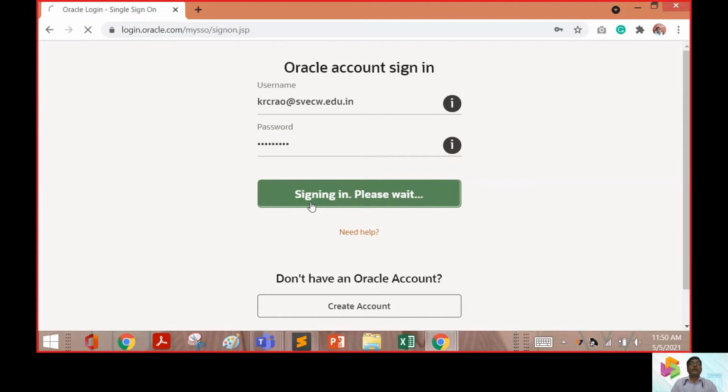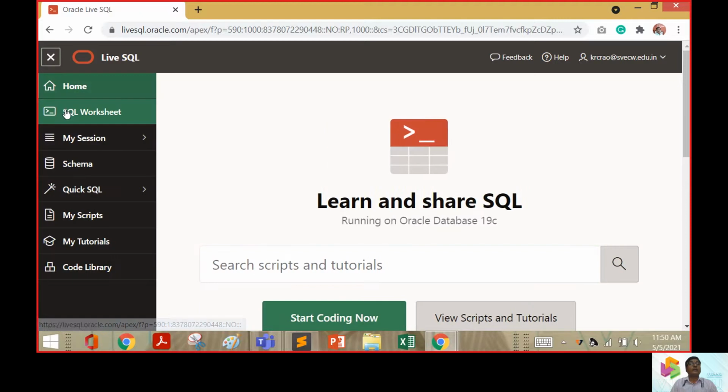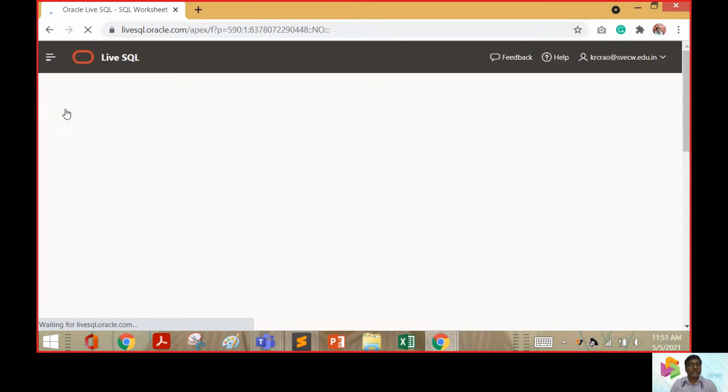This is how the login page of PLSQL is going to be prompted. Once the page is prompted, we will use the work area. The work area will be in the SQL worksheet.